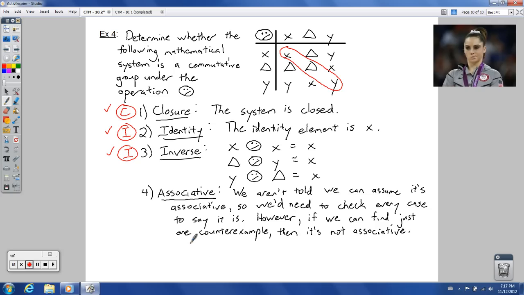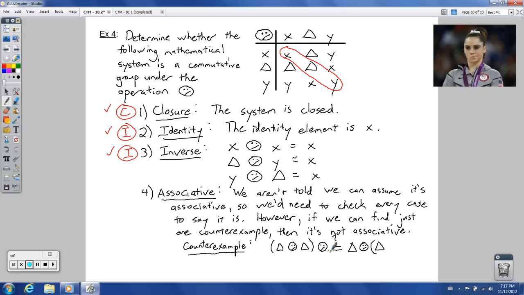And so I tried some different things, and I did find a counterexample. So let's write that down right here. This is my counterexample that I found. So I checked to see if triangle, then the face, then the triangle, then another face, associative like this first, was that equal to, so an equals with a question mark, was that the same as a triangle with the face, and then parentheses, the triangle again